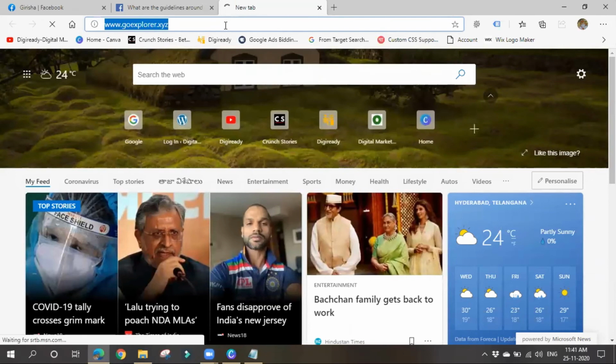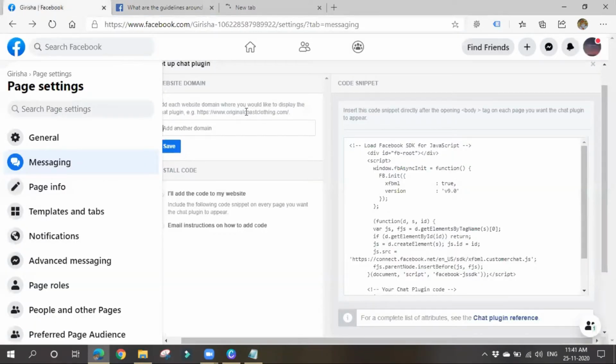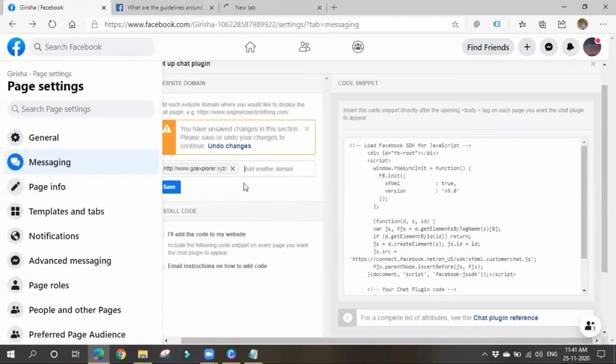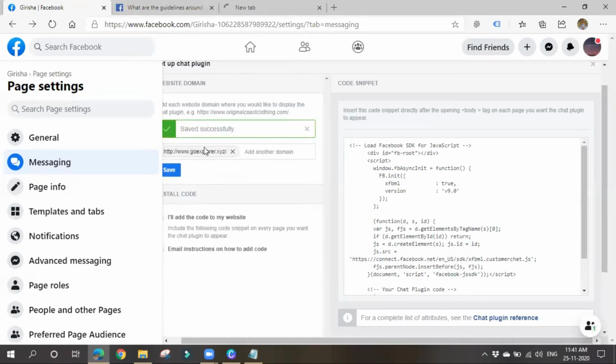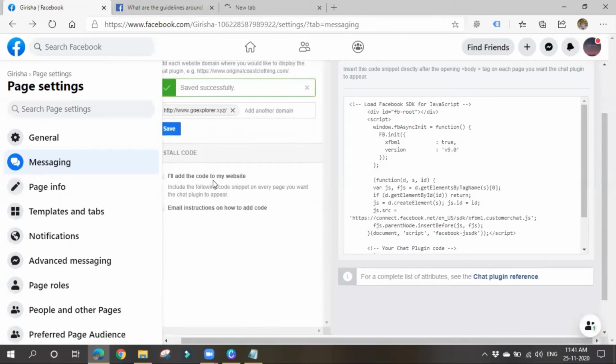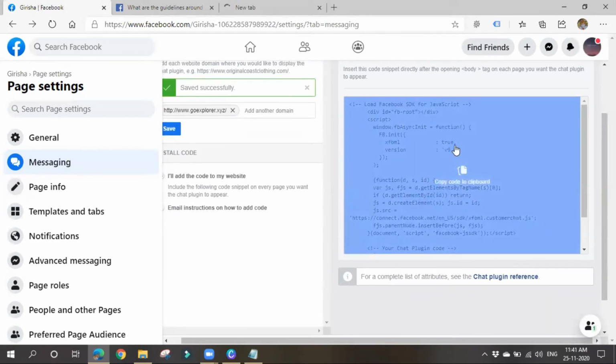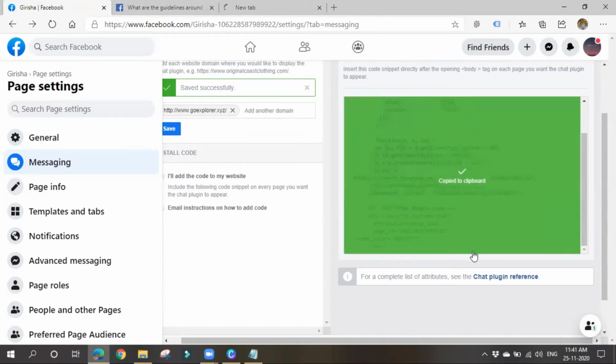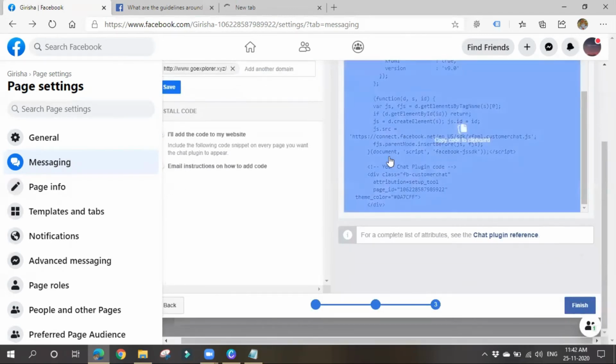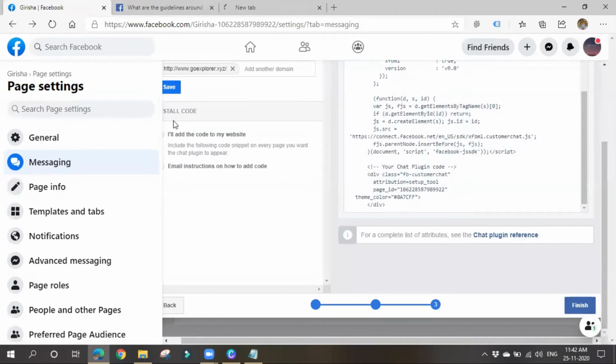Yes, I'll give this domain name. Right, so click on save. So saved successfully. Then I'll add code to my website. I'll only add manually. Okay, so please copy this code. So after you paste this code in your website, click on finish.